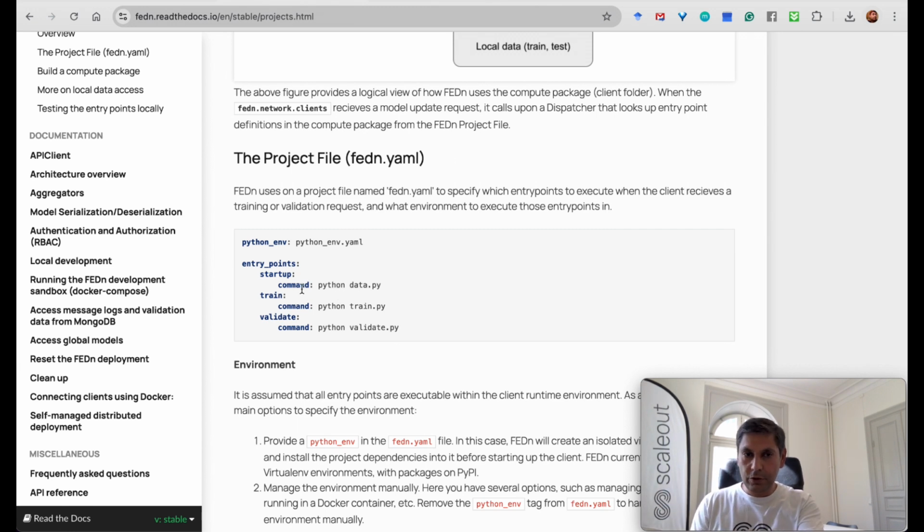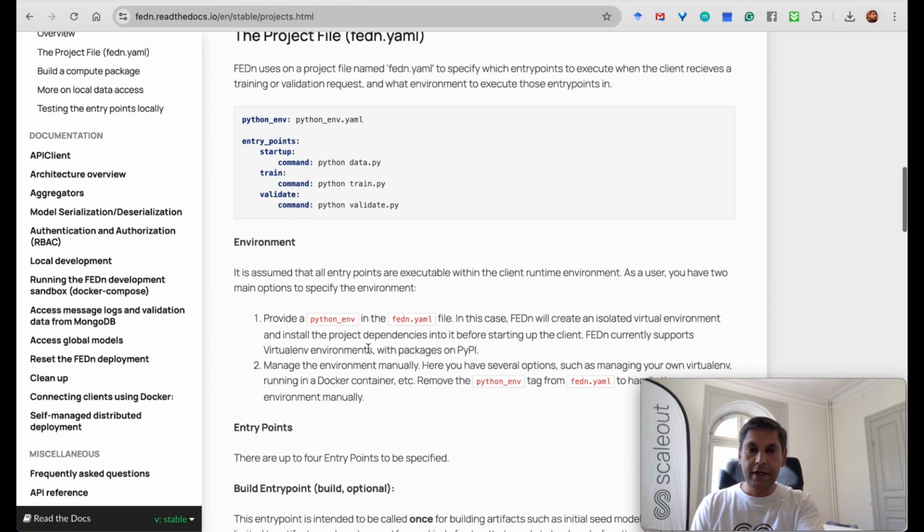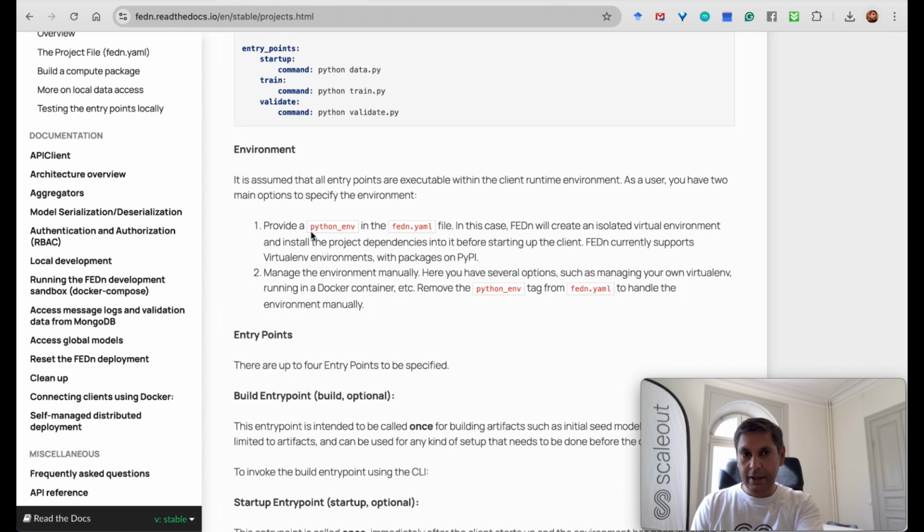Then, using FEDn client side scripts, you can just define your whole training process or validation process or the data loader process in C or C++, and then use the client based on the kind of code that you have defined in a different language. So it is very flexible in a sense that you can define whatever you want for your use case. And then, as I said, what you need to do is to provide the right environment for